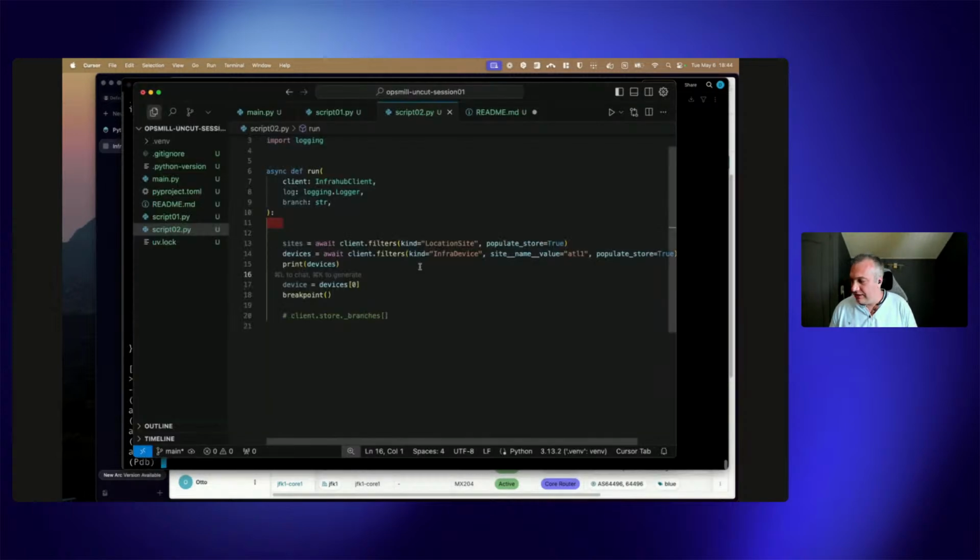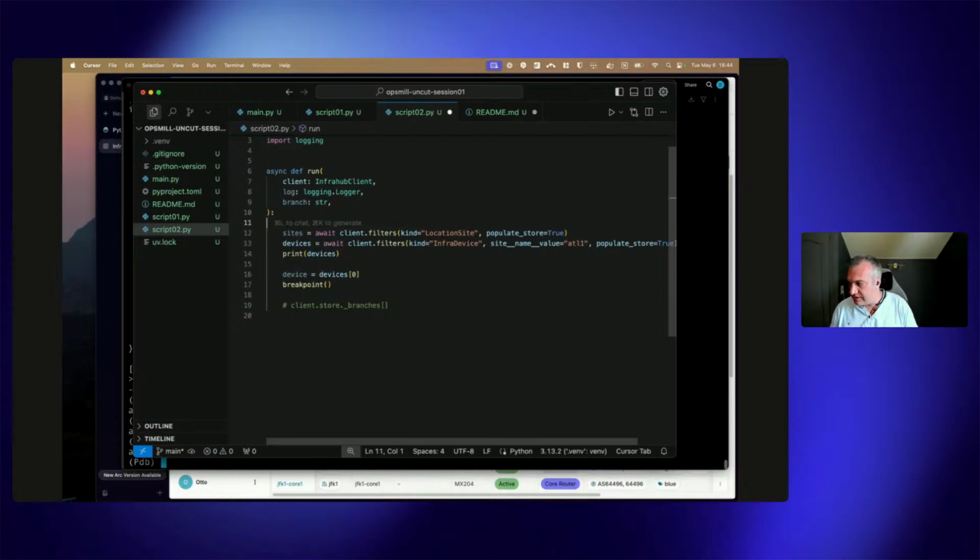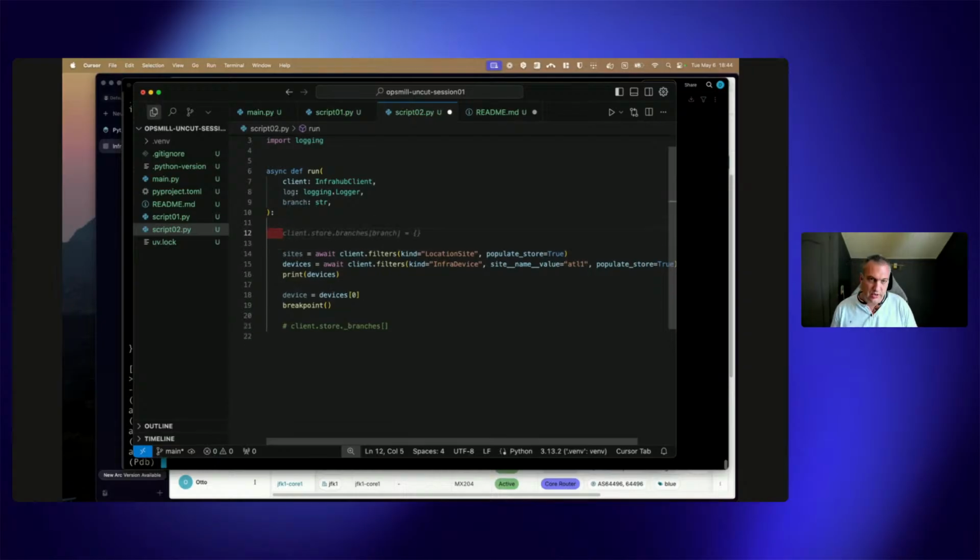Cool. So here we explored the store, how we use the store internally, and how we can use it. Now, another way we can use the store is sometimes it's helpful when we build very large scripts. We need to create a lot of different objects, and then at some points we need to connect those objects together. Sometimes it's kind of annoying that we have to store or keep track of those objects,